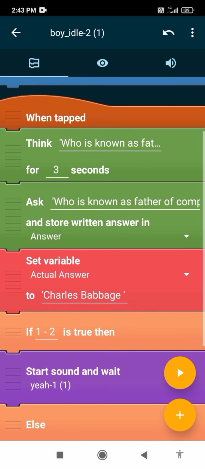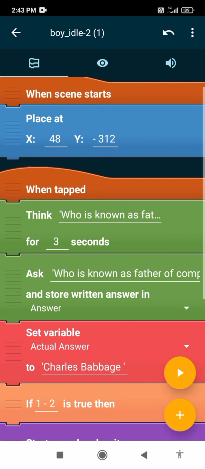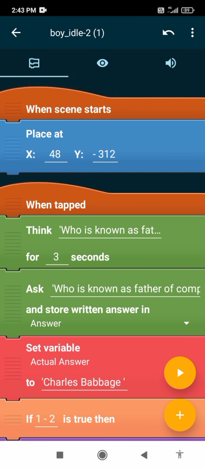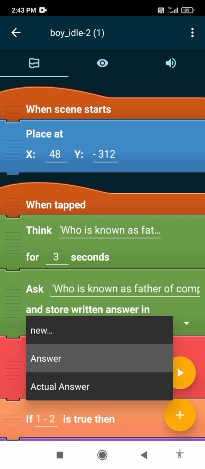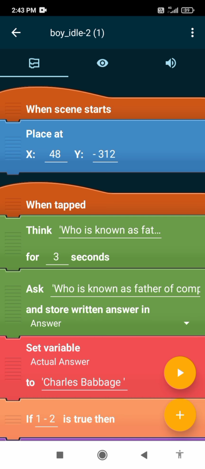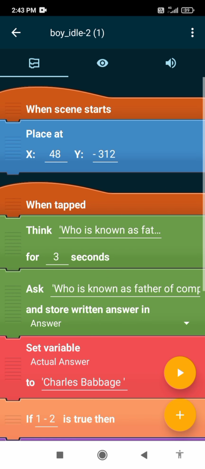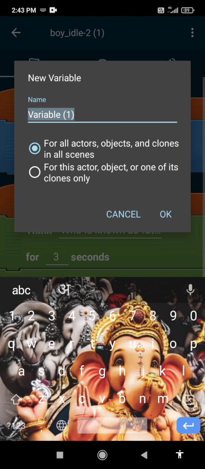For temporary, I will write this. Here I will add one more.